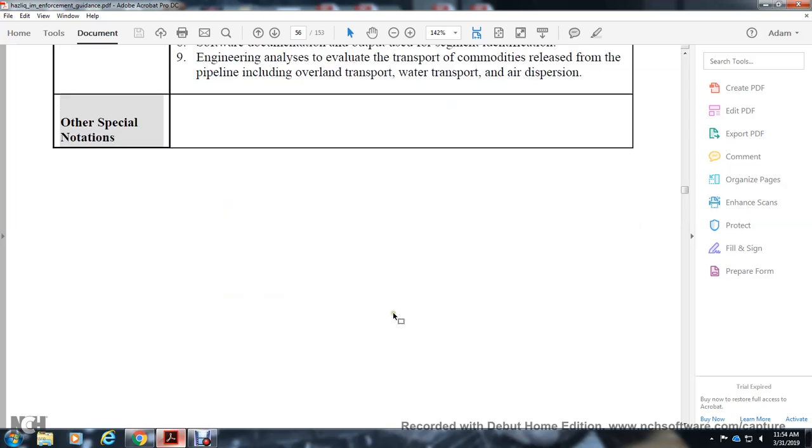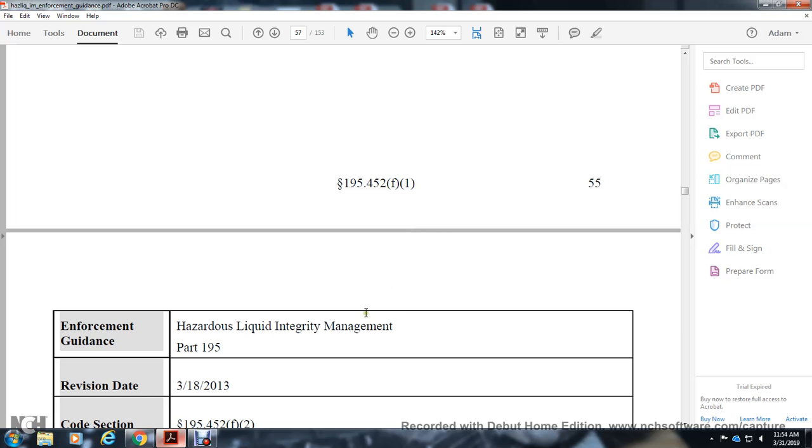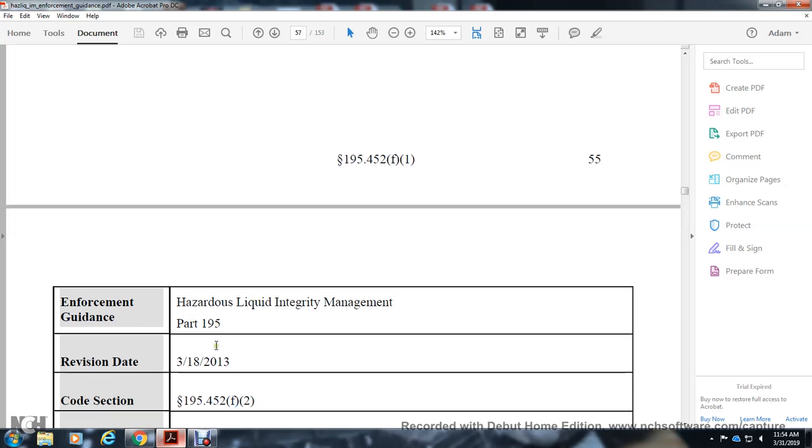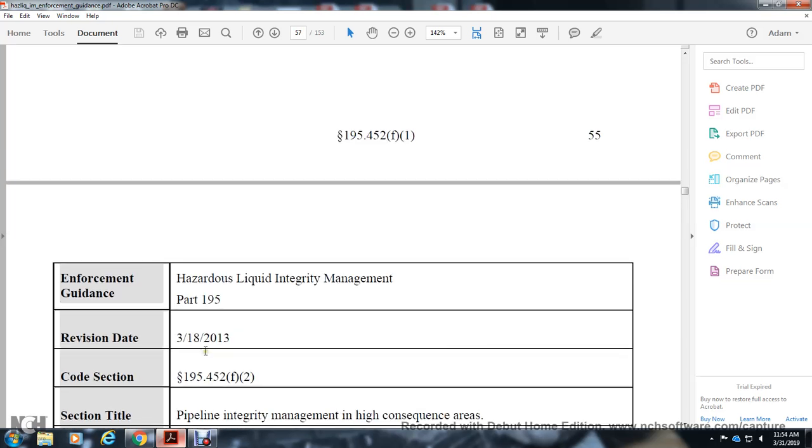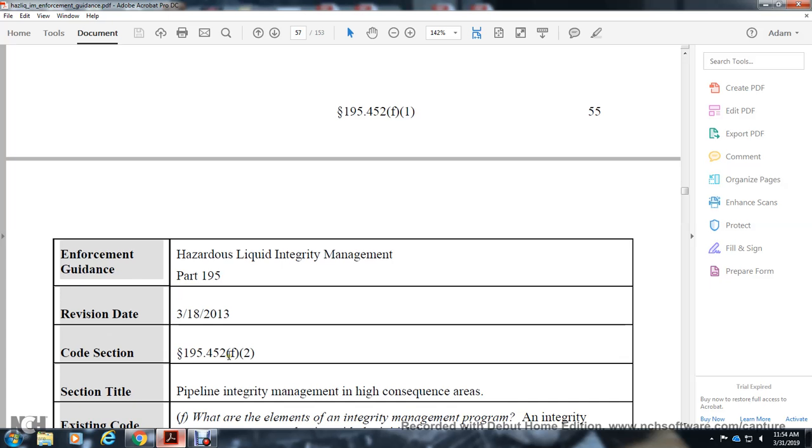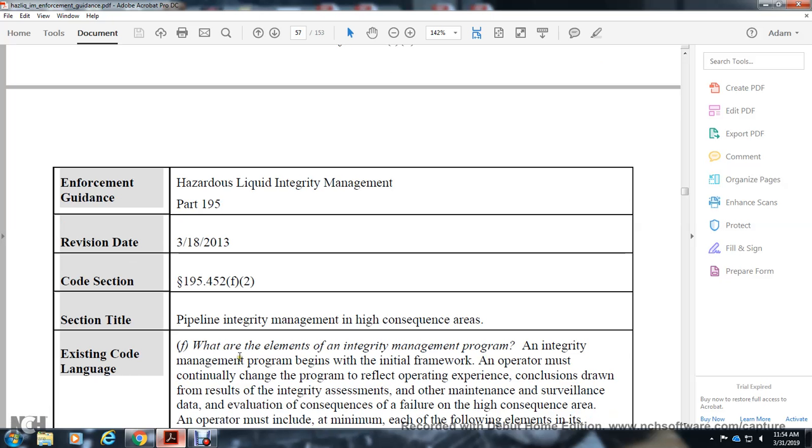Other special notations: there are none. Enforcement guidelines, hazardous liquid integrity management, Part 195, revision date March 18th, 2013. Code section 195.452(f)(2), section title: pipeline integrity management in high consequence areas. Existing code (f): what are the elements of an integrity management program? Integrity management program, give the initial